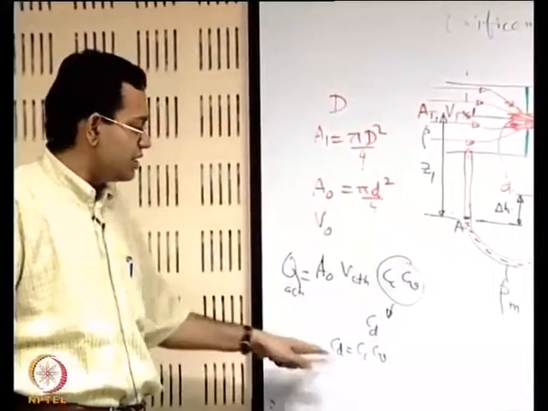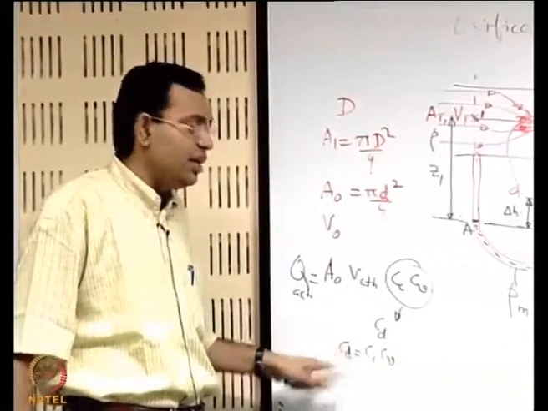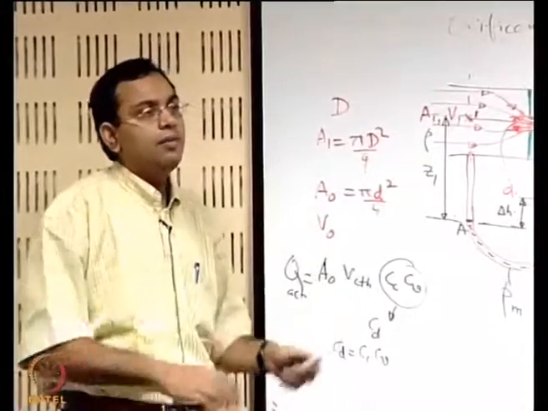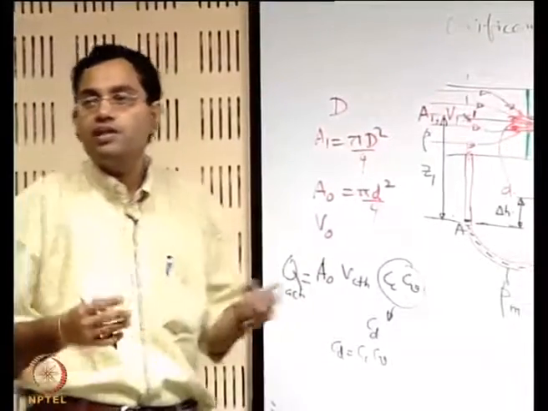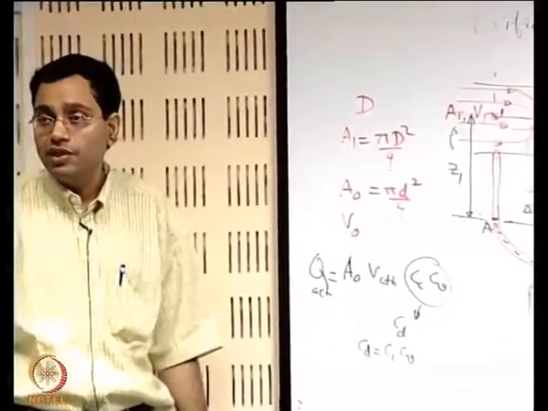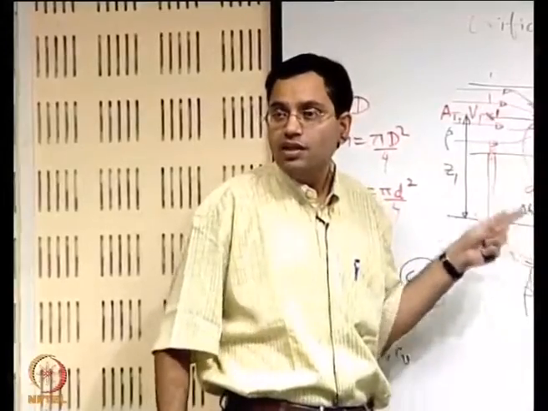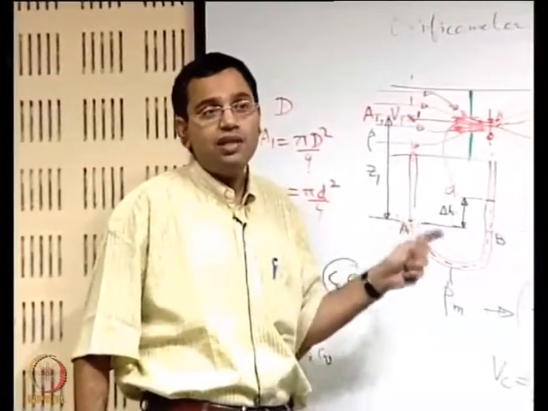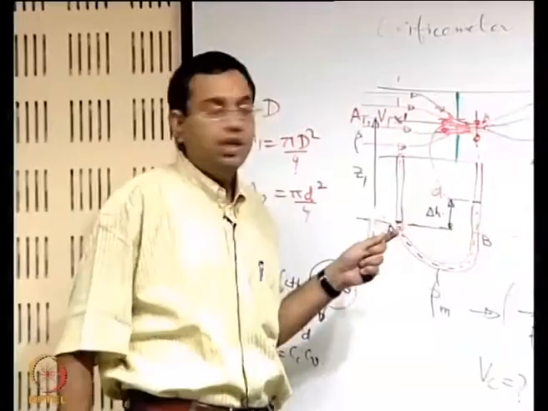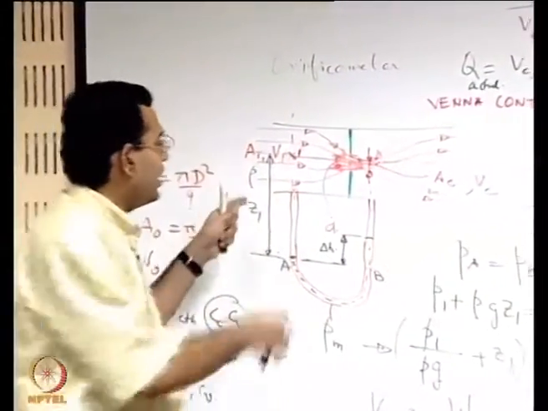because these two combined non-idealities are there in the calculation, the CD is much less than what you get in a Venturi meter. So here the CD in such a device may be say 0.65, 0.7, like that. It is not as close to 1 as that for a Venturi meter. That makes it a more inaccurate device than the Venturi meter, but the advantage is that it is much cheaper than the Venturi meter. You just have to put a plate with a hole in the pipe